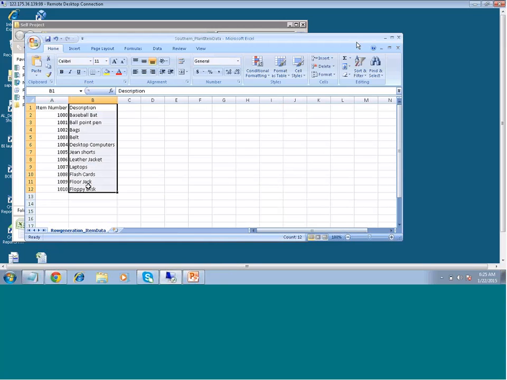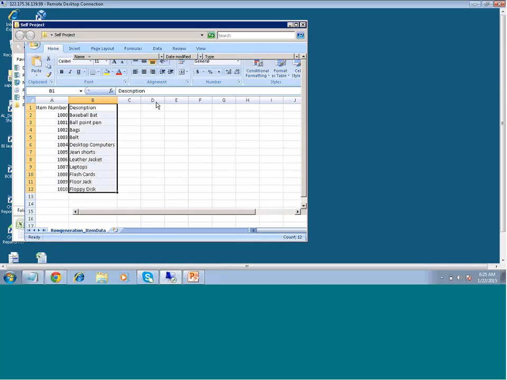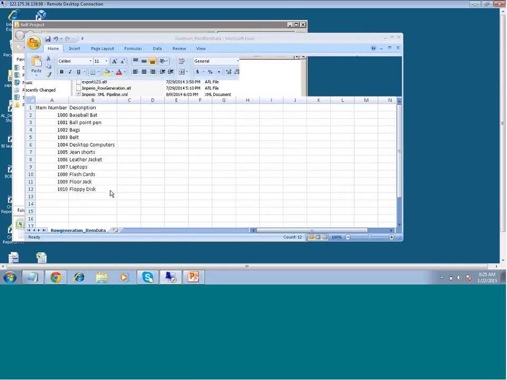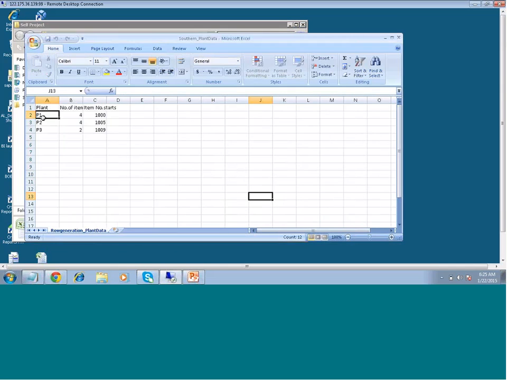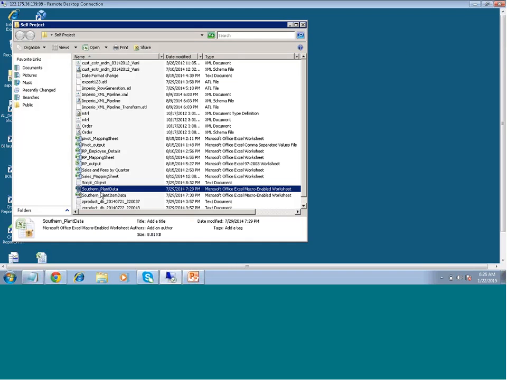What is my idea here? So I have that runtime. I am going to pick either P1 or P2 or P3, and depending upon if I have selected P3, it is going to identify the start number, where the item number starts here. It is 1009, right? So 1009, 1010 or 11, it will take up those three values and it will look up